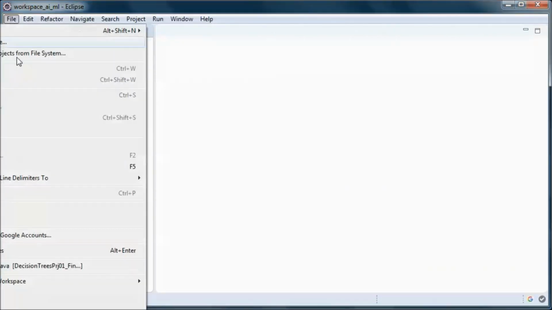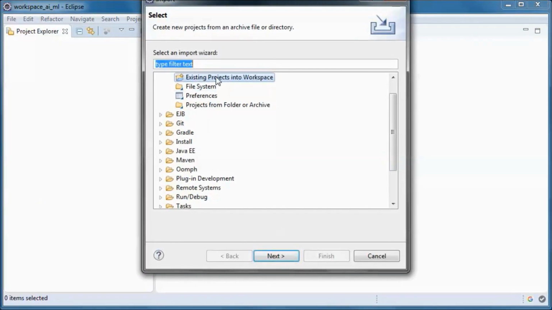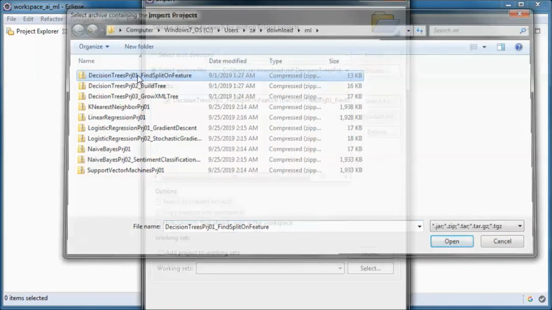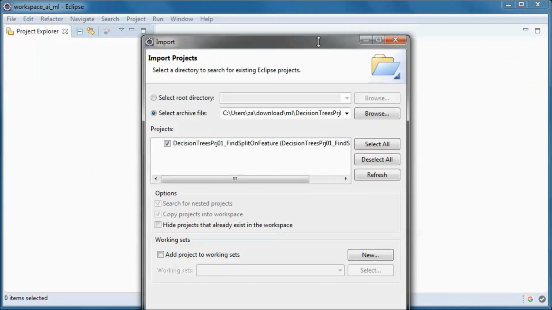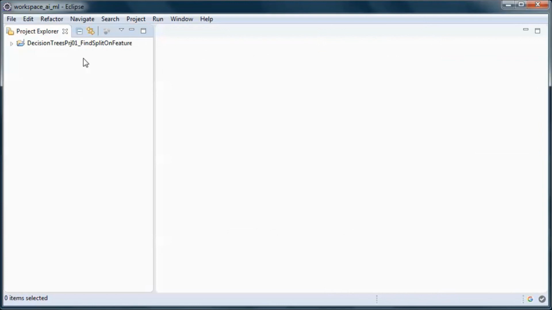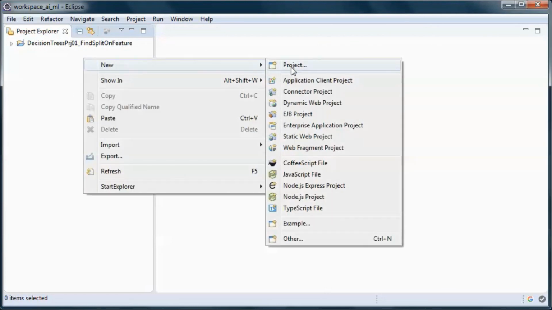We will start by importing this downloaded zip file, and let's go ahead and create a new project.